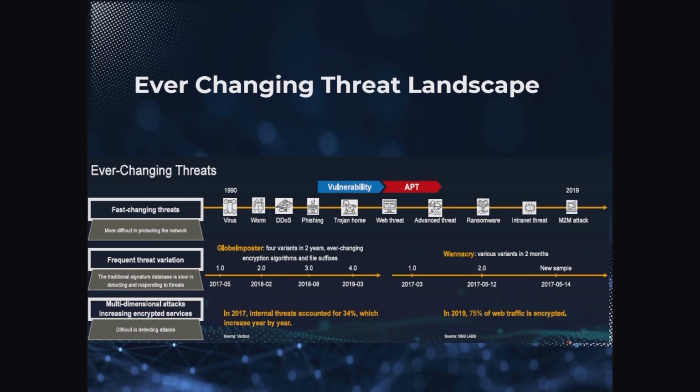Can you see now that this thing is big business? Like we established at first. Highly organized. But what do we want to note about the Globe Imposter? Like in 2 years, how many variants? 4 variants. Are you relating with it? In 2 years, it has had 4 variants. That shows activity.